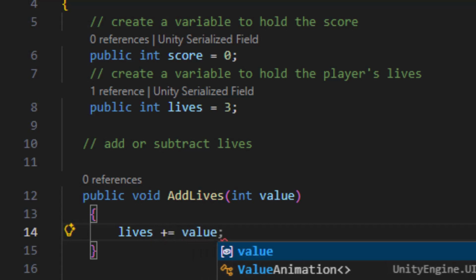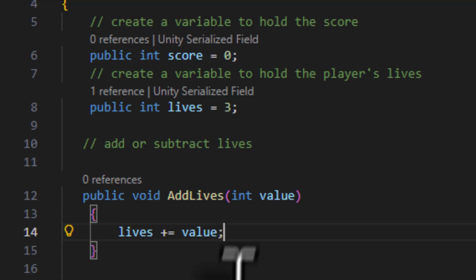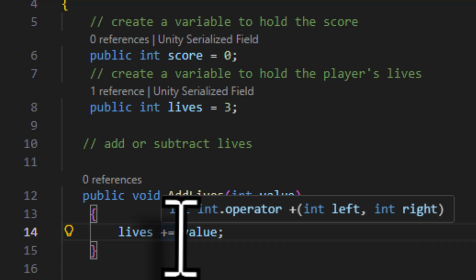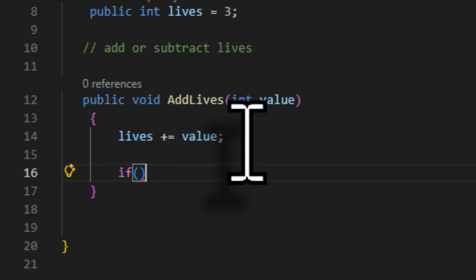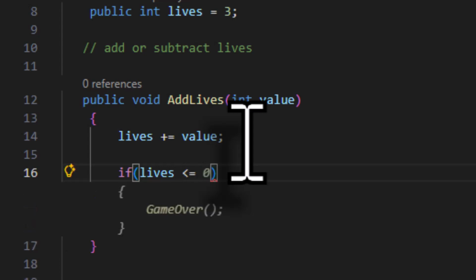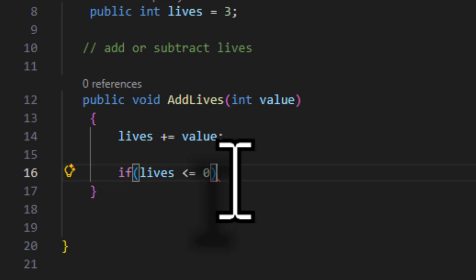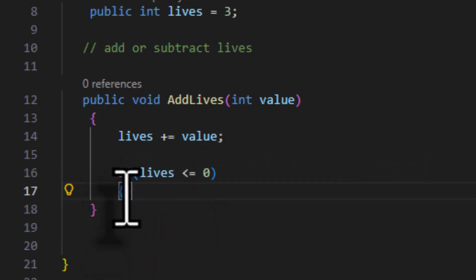It is going to add the value. So whatever value you had in this integer, that will get added to my life, and once it is added, we are going to test for a condition. So if I press enter, in open close brackets, the condition is if lives value is less than or equal to 0, then I will come out of the bracket, press enter, add open close flower brackets, and inside the